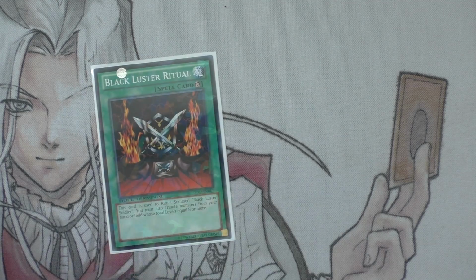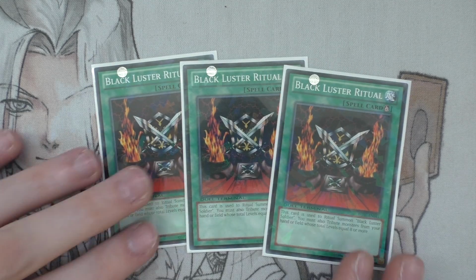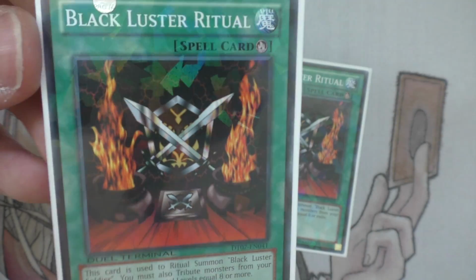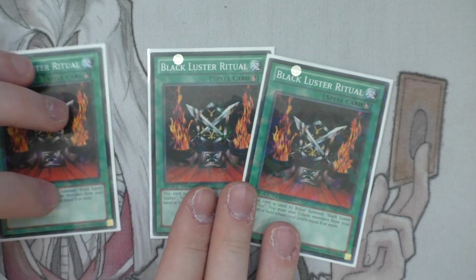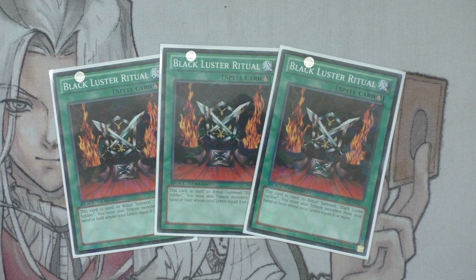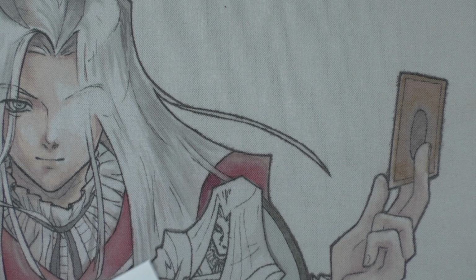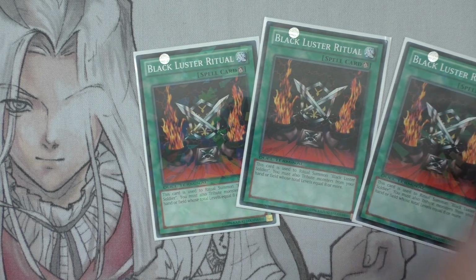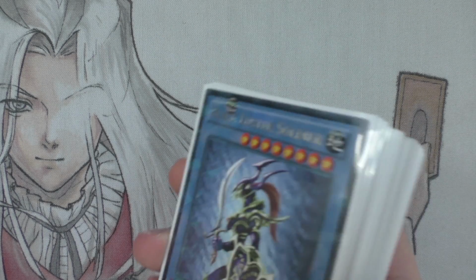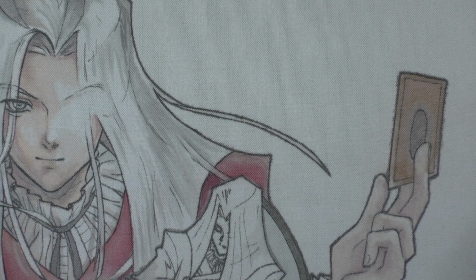So going on to the spells, we have the 3 Blackluster Ritual. Blackluster Ritual just again looks awesome in the deck. I do love it. It is the main one. This is what you're searching with Pre-Preparation of Rites. Don't really need to say too much about it. If you play 3, you can play 3. Arguably, you could say that you can play less, but I don't really agree. You can play less of the main guy, if I'm completely honest, because you can get it back with Pre-Prep,